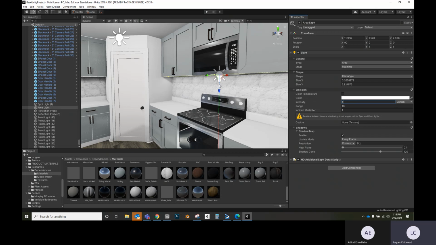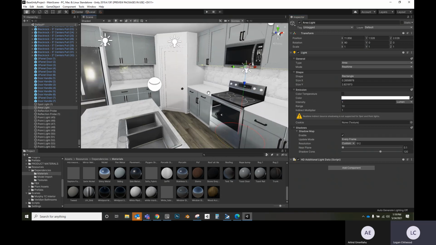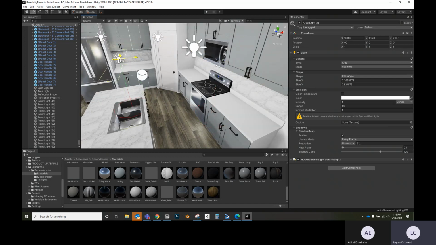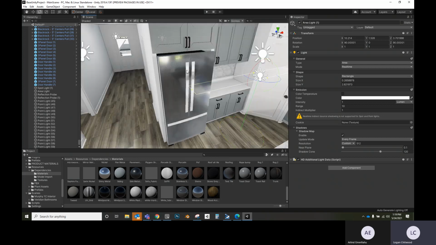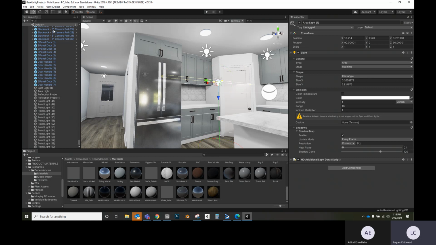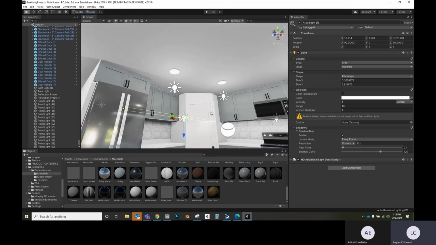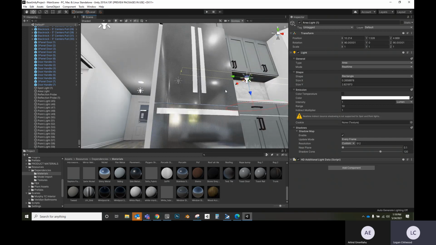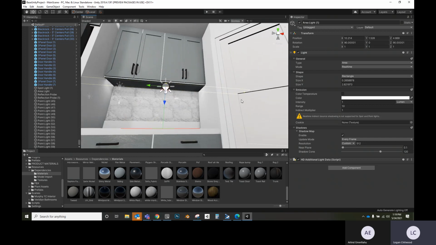Actually, let's see. Let's make it 1 here. And then we're going to copy that over and put it on this side. When you're using an area light, the size is like the radius setting on a point light, in that the larger the setting, the more area over which the light is dissipated. As you make it smaller, you can see that the light is stronger at its source, whereas when you make it bigger it's weaker. So when you adjust the size of an area light,